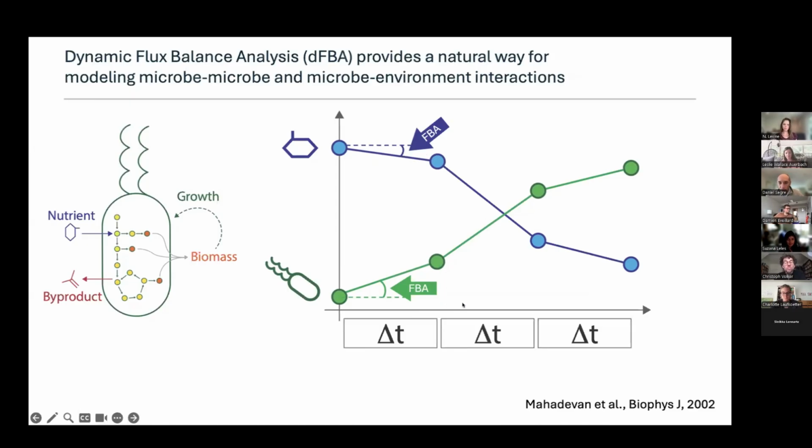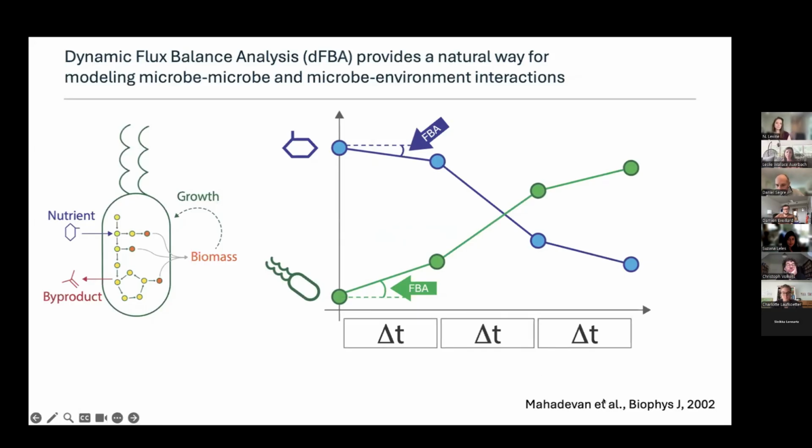But essentially, this is equivalent to a finite difference approximation where you can now extend the time piecewise approximation to multiple time points and calculate effectively the consumption of a metabolite, the production of biomass, create a curve that looks like a growth curve and utilization of resources. Now, in addition to the fact that this allows you to potentially look at dynamical processes such as diauxic shift and so on, dynamic flux balance analysis is very helpful for looking at communities.